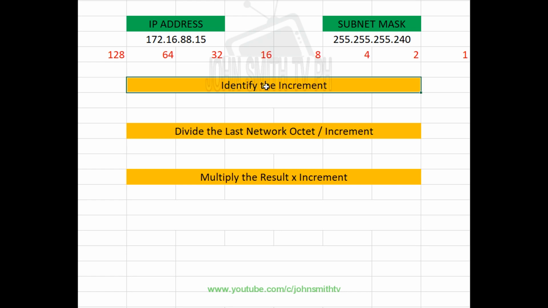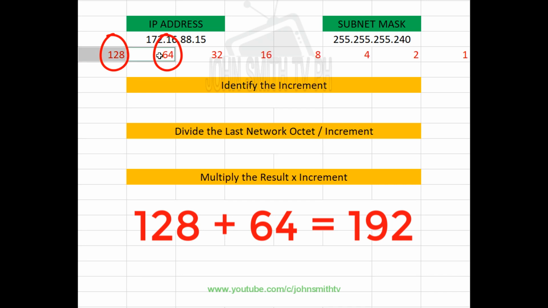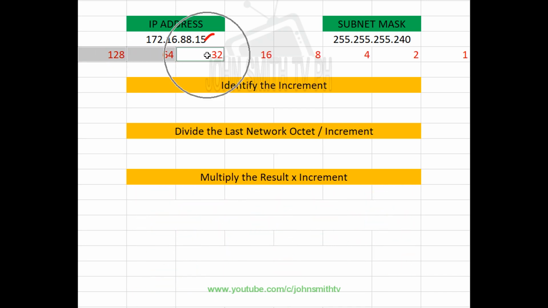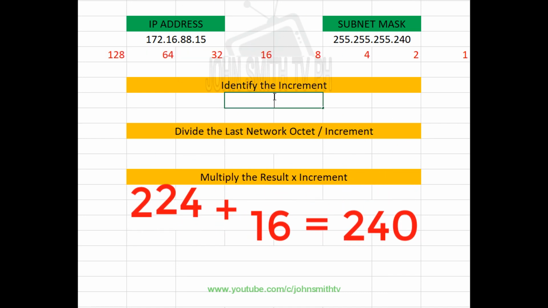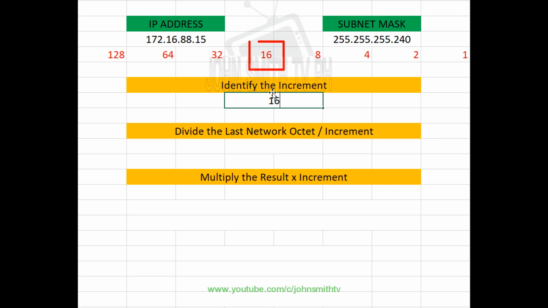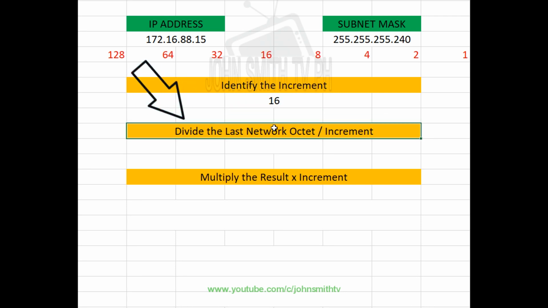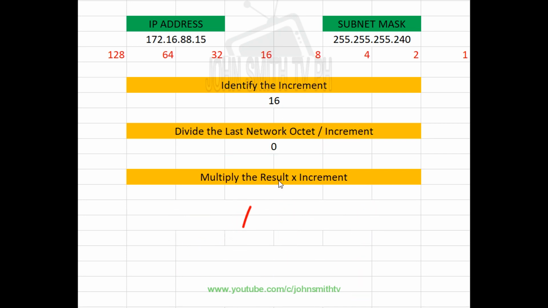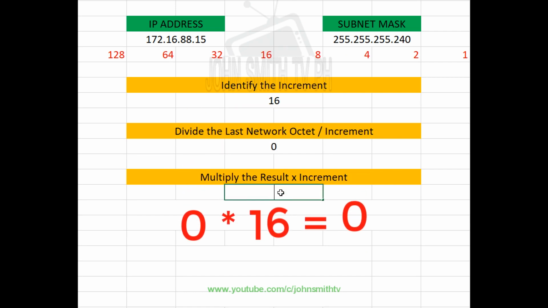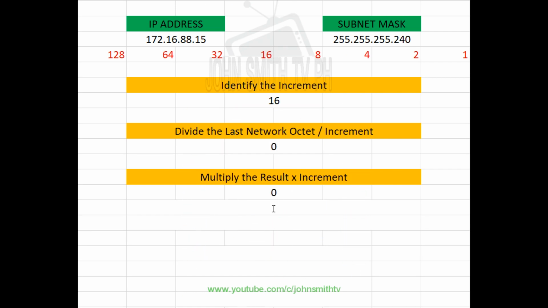Let us now identify what is our increment. 240. 128 plus 64 is 192. Plus 32 is 224. Plus 16 is 240. So, our increment is 16. Now, divide the last network octet to the increment. Our last network octet is 15. 15 divided by 16 is 0. Next is multiply the result to the increment. 0 times 16 is 0. So our network ID is